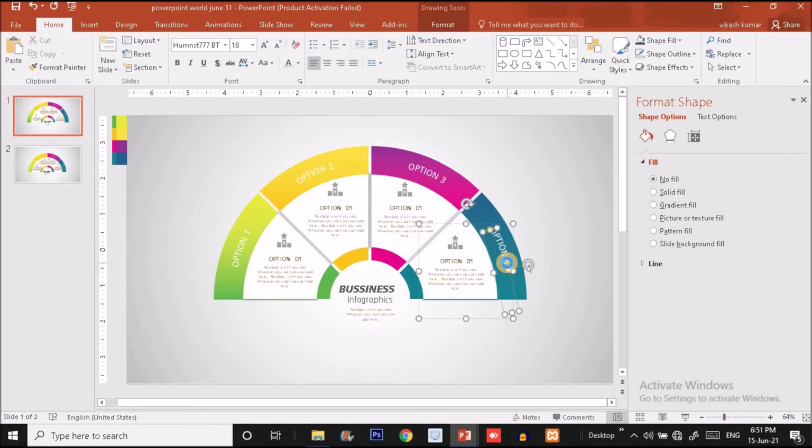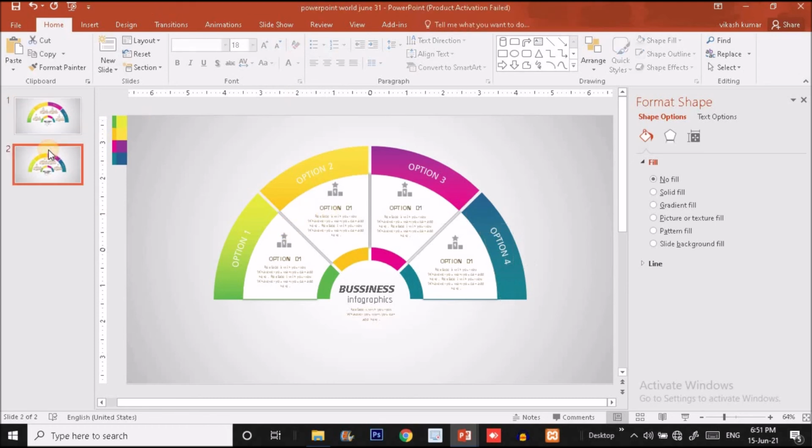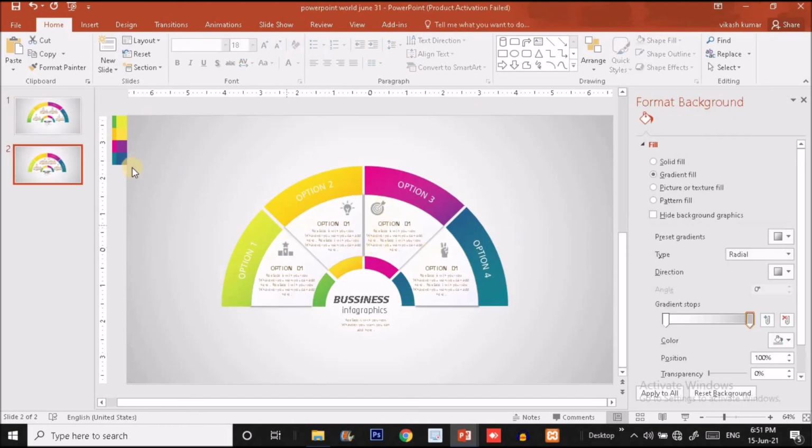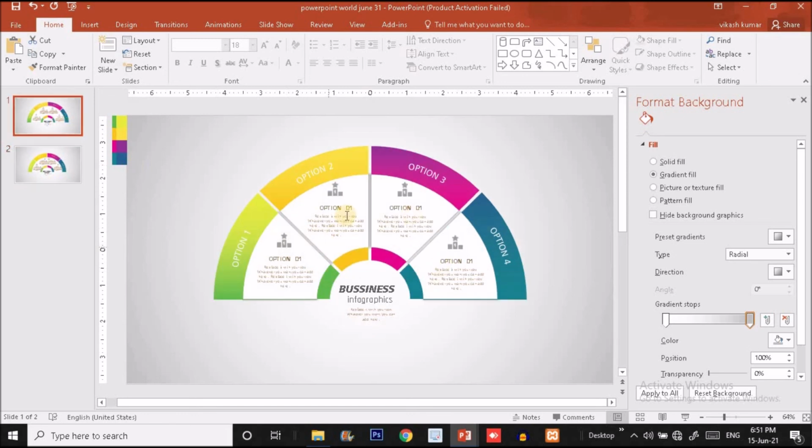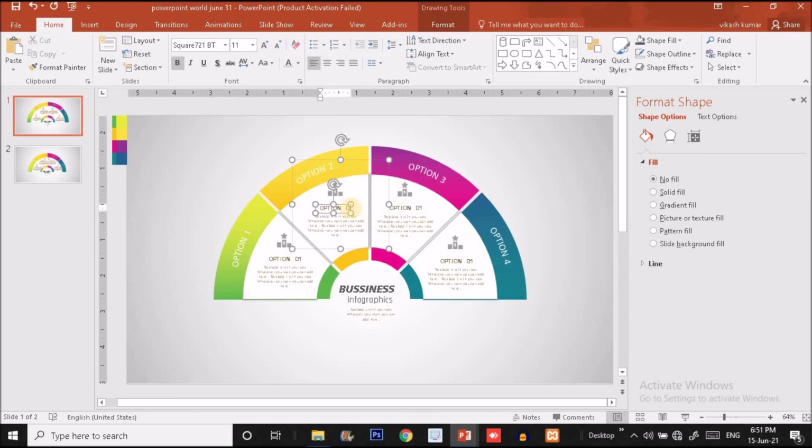Okay. Similarly, we have the different icons. As I have already provided you the different icons, you can go there and copy the icons and paste them over here. One more thing you have to change over here. You have to change the option numbers. So 1, 2, and here 3. We have to write here 4.